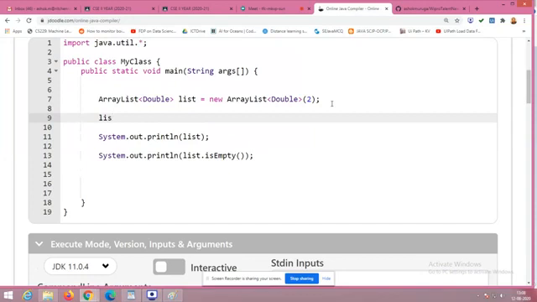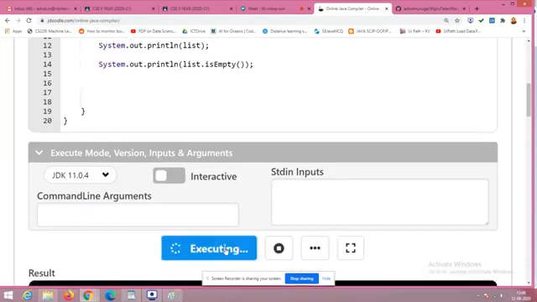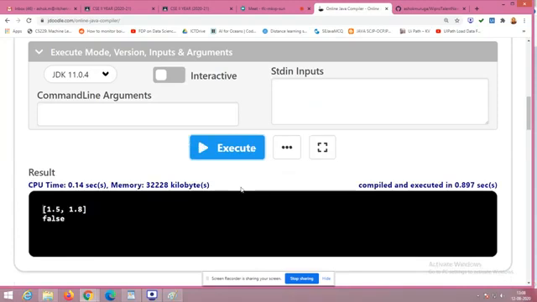So if I add like this, then you will be able to see the data. For example, list.add of 1.5. Next, list.add of 1.8. So like this I have added. Now if you run the program, that's it. It returned false.